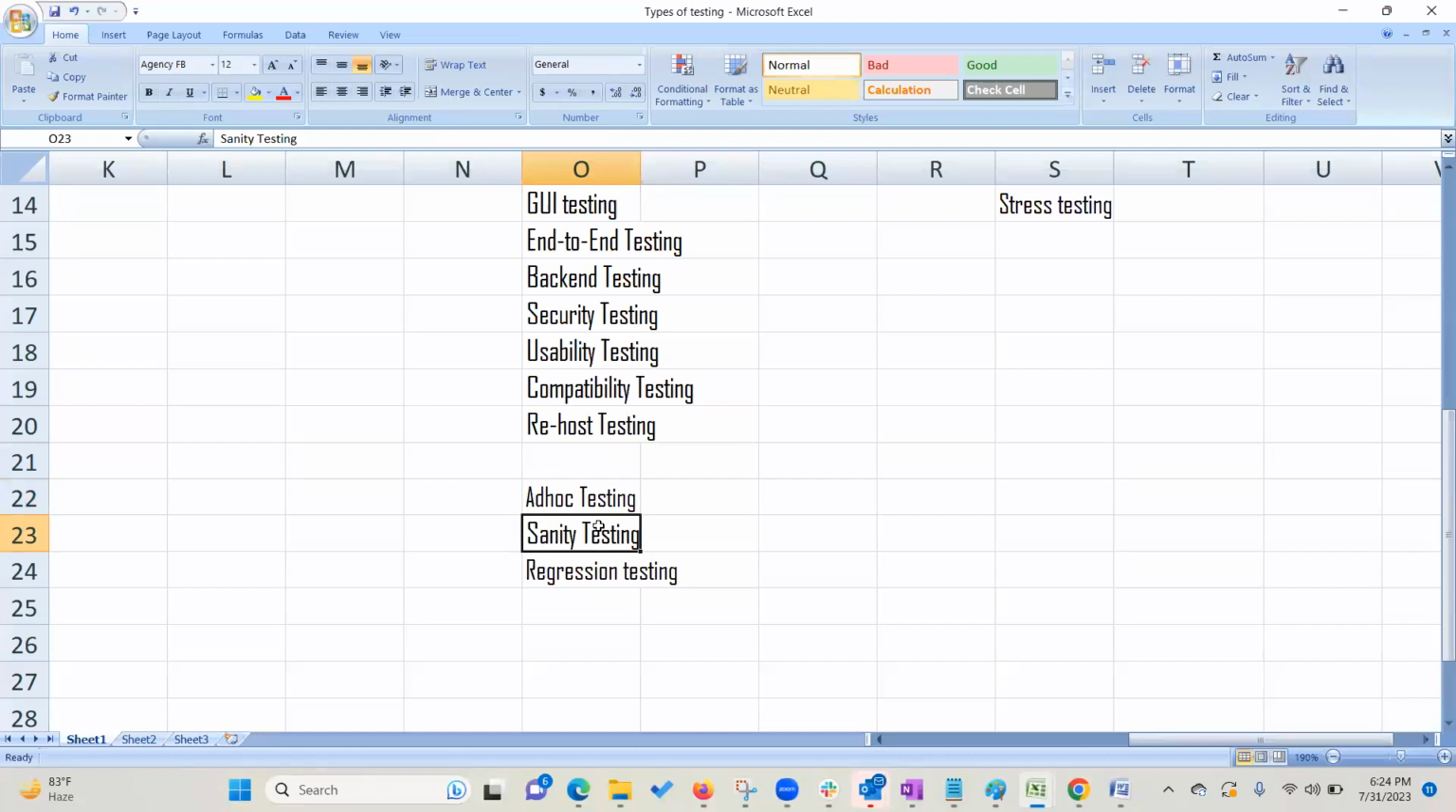Sanity testing. Let's understand regression testing first. So regression is huge. Yeah, so when you do ad hoc testing, then... Very good question. Very, very good question. Ad hoc testing. There are several situations when you would be performing ad hoc testing. So let's say your application,